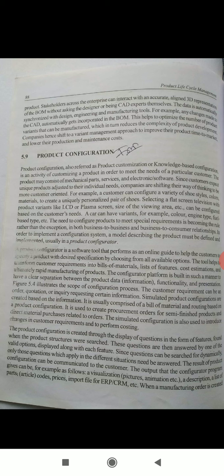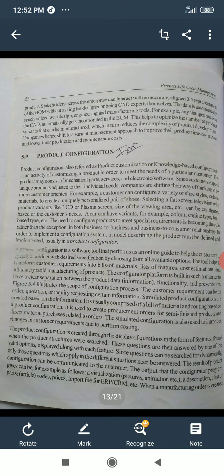In order to implement a configuration system, a model describing the product must be defined and implemented, usually in a product configurator. A product configurator is a software tool that performs as an online guide to help customers specify a product with desired specification by choosing from all available options.